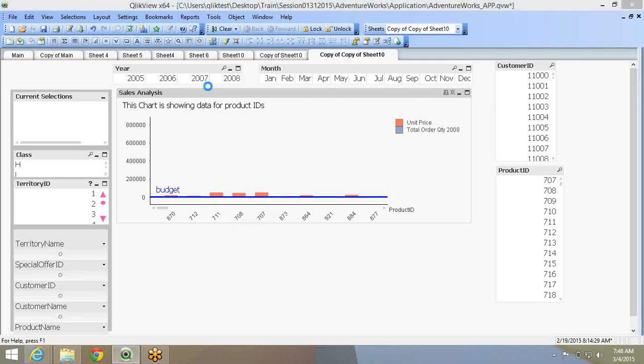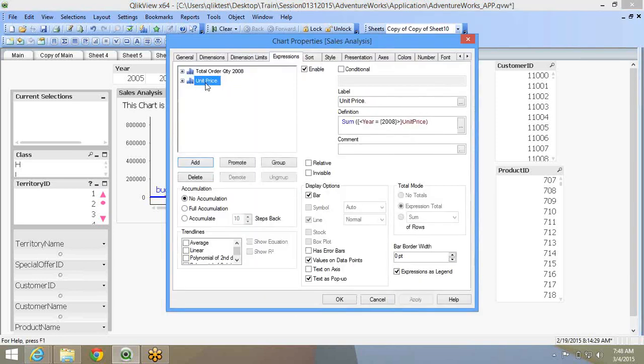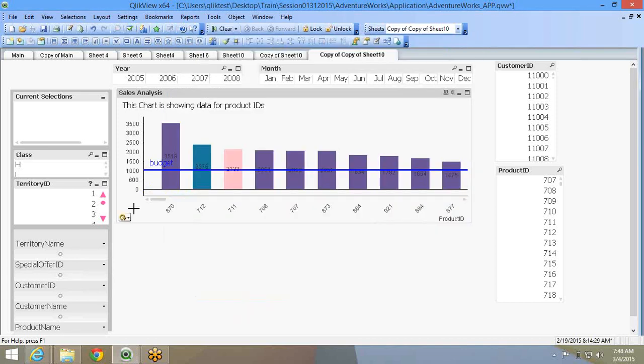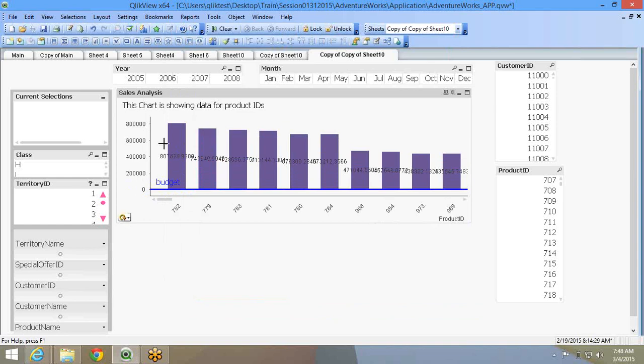Instead of doing that, QlikView gives you a flexibility where you select the second dimension. There's something called group, right? You say group. These both will be grouped in this cyclic kind of symbol. What it enables the user to do is flip through the measure. So now he's seeing the order quantity. When he clicks on the cycle, it will change to unit price.